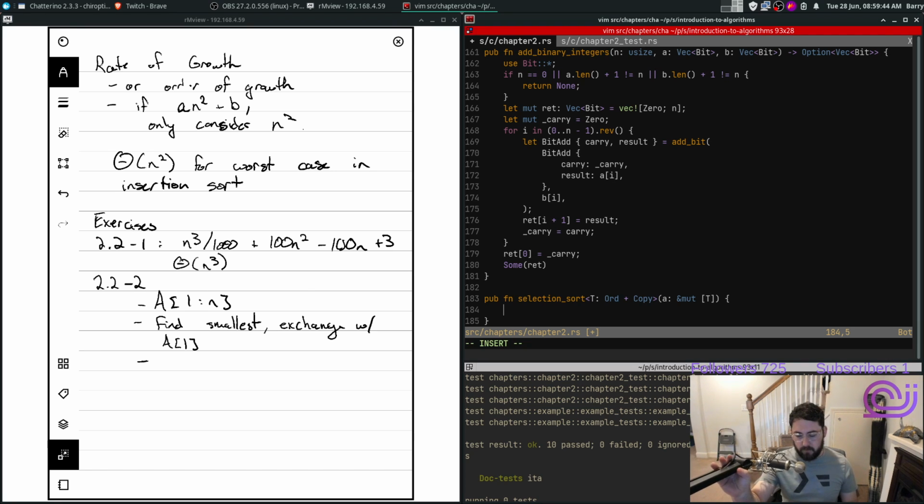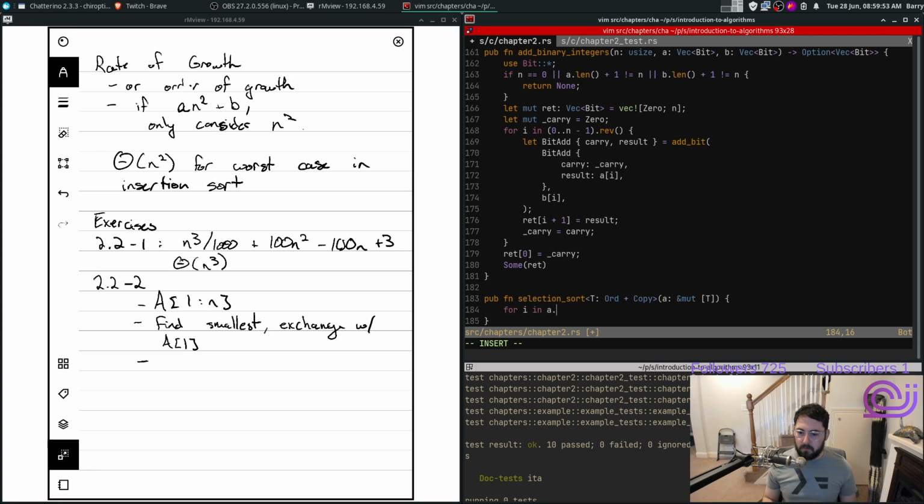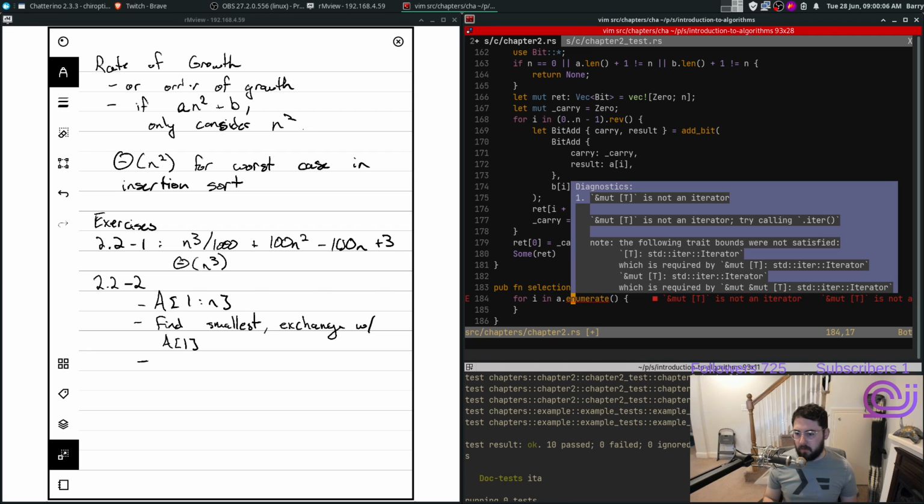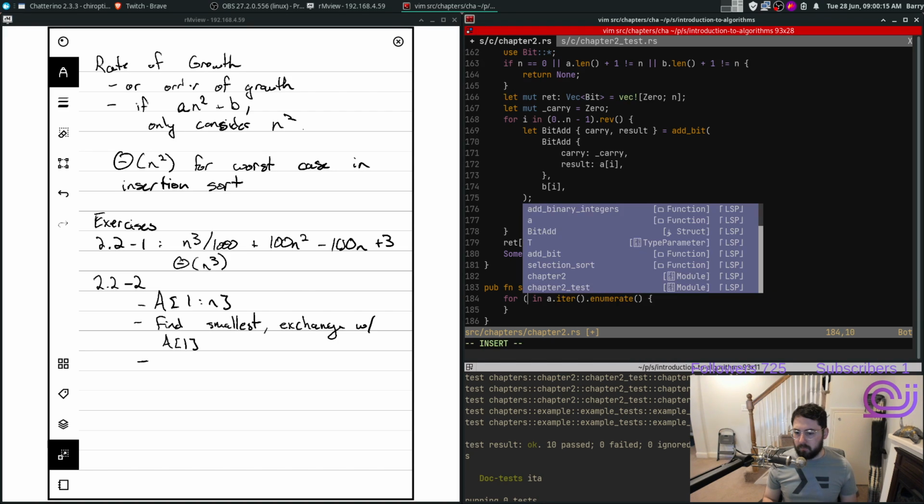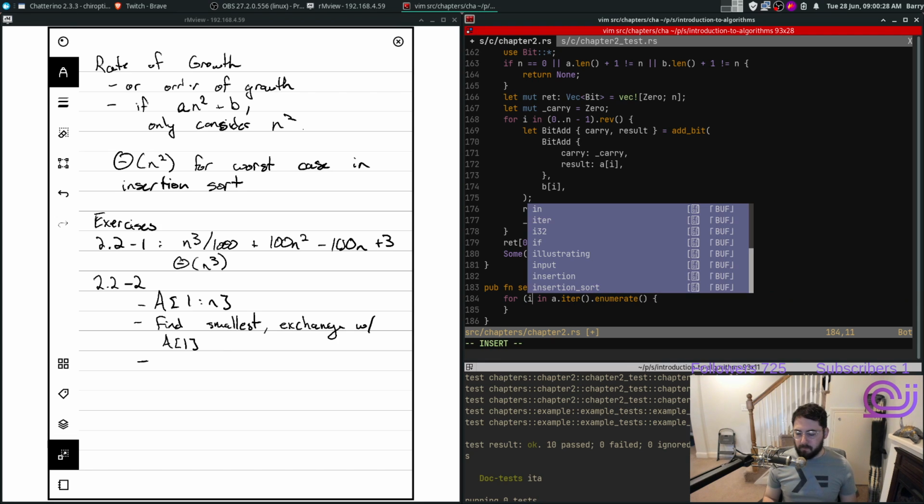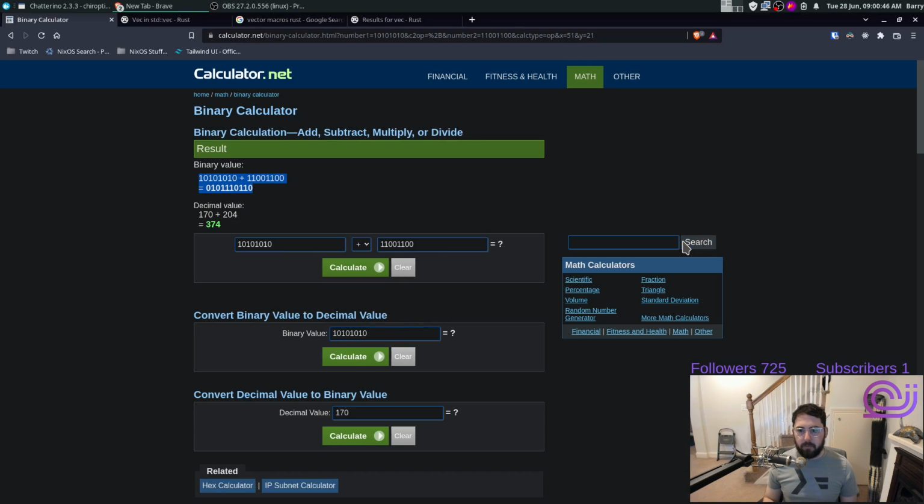So if we want to do this, I think we have to do this like for i. Do I care about this? I don't think so. I think I just need 0, like that. And then we need to find an index with the minimum. So there's probably like